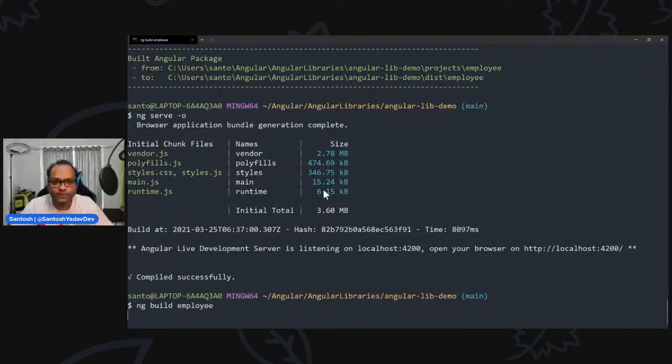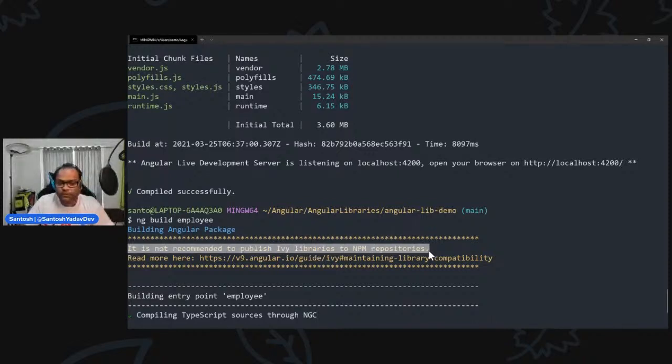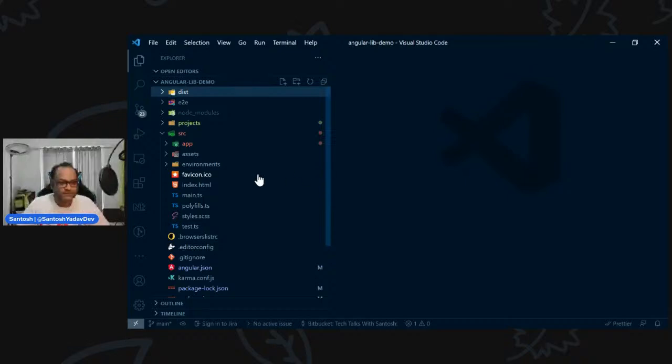When you build libraries, so when you say ng build employee, there is a warning. It says it is not recommended to publish Ivy libraries to npm repository. So right now, whatever libraries we build, we cannot publish it. The reason being, all the libraries, when you build it locally, they are compiled using Ivy